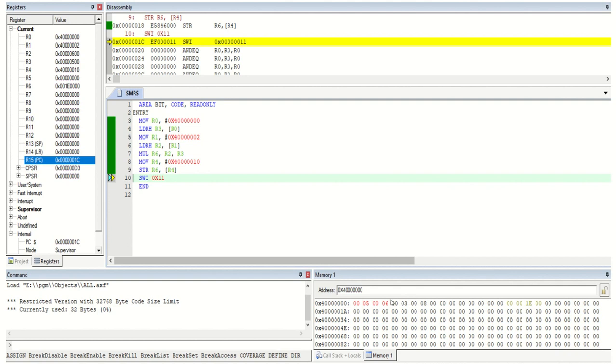If you are going to consider 32-bit, then 4 spaces make one number, because a 32-bit number means 4 spaces here, 8 8 8 8, totally 32-bit size. This is about the memory window concept.